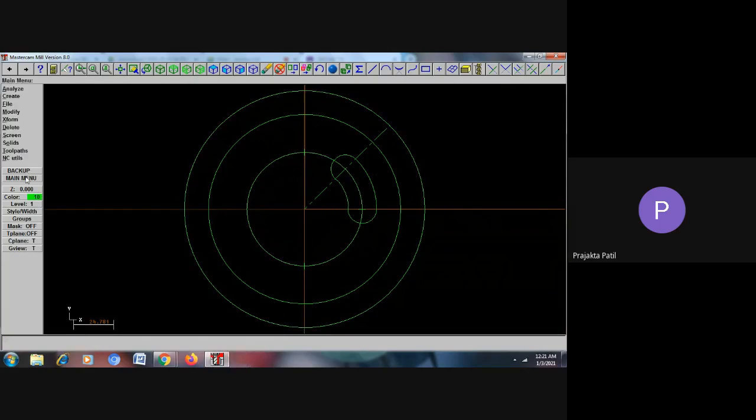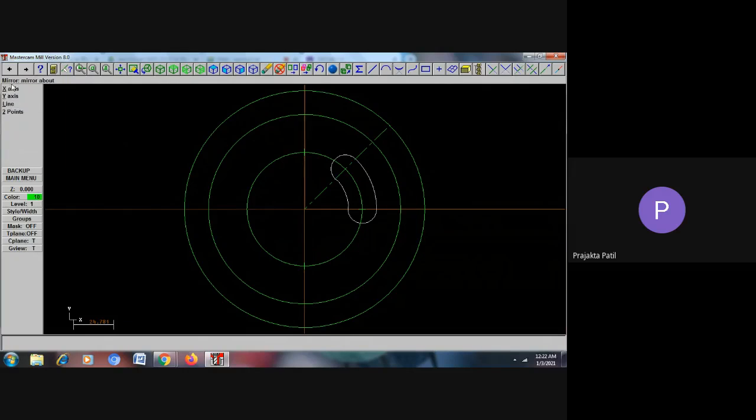So I'll go to the main menu. I need to draw something similar on this side. So what I can do, I just can get a mirror of this particular pocket. So I'll go to main menu and I'll say X form. In X form, I have an option of mirror. So if I want to get the mirror, I'll first select the part that needs to be mirrored. So I have selected. Once it turns into this white color, that means that particular area has got selected, and then you say done.